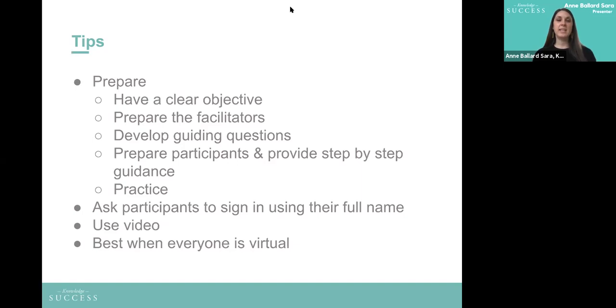And then finally, virtual knowledge cafes are best done when everyone is virtual. And I know that at this time, during the COVID pandemic, most of us are working virtual. So this is a great time to try out this technique virtually. However, when we go back to our offices, it's likely that some participants would be in the office and some would be virtual. And hosting a knowledge cafe virtually with a mix of in-person and online participants has a suite